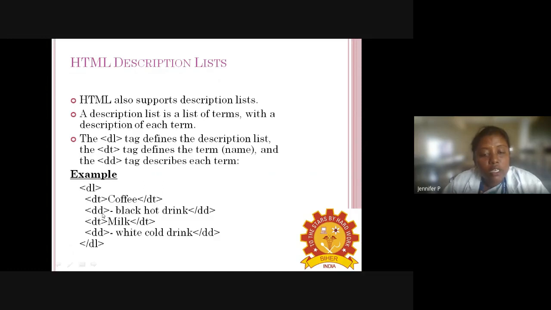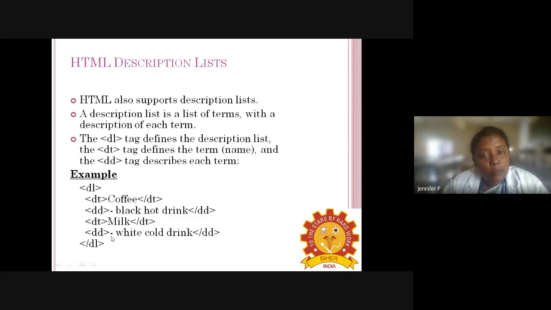The DD tag describes each term. So coffee hyphen black hot drink. The output you'll get for this description list is coffee hyphen black hot drink. It describes coffee. The definition of coffee is black hot drink.